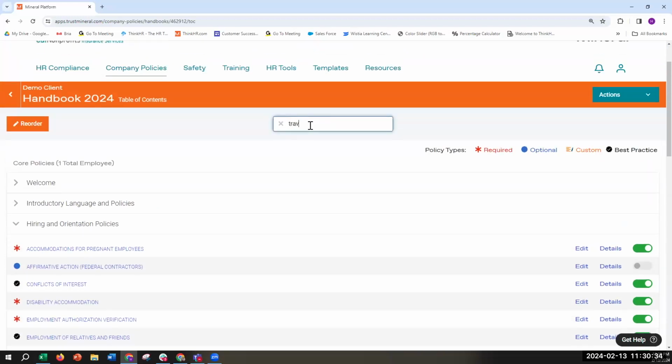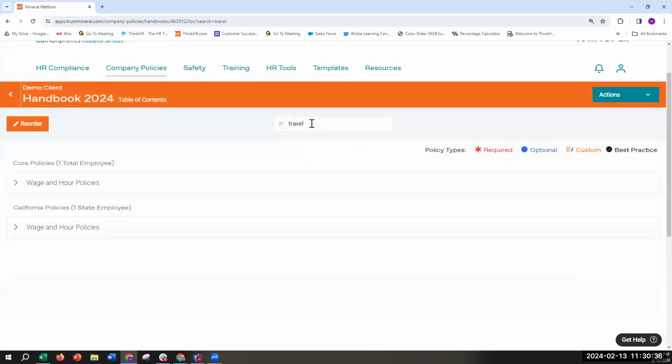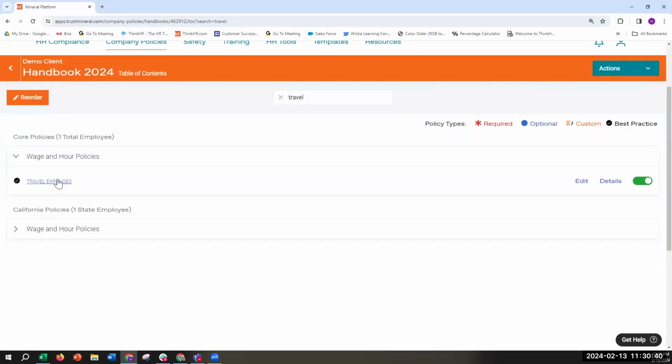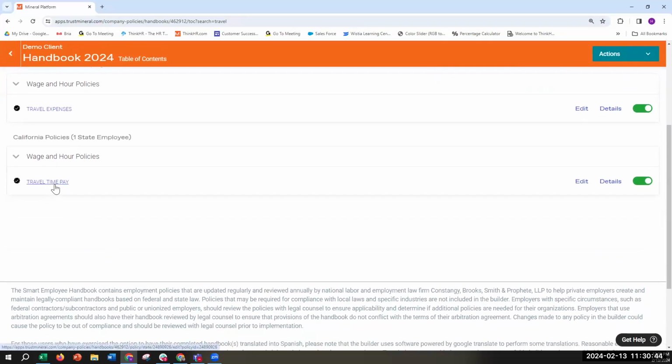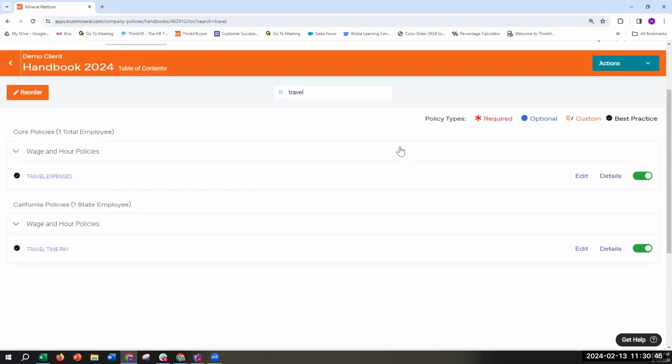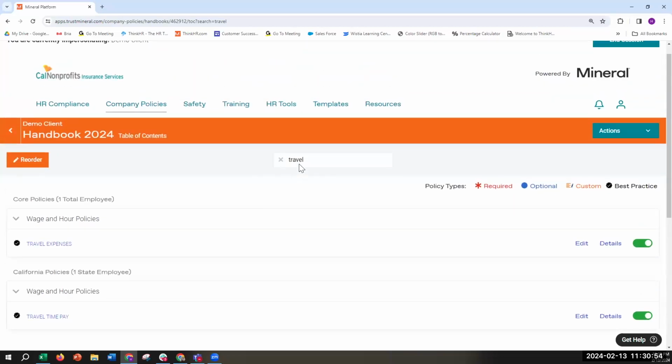This is a good example. So I typed in travel at the top, and it looks like there is one for travel expenses and travel time pay. I'm not quite sure if that was the intended policy somebody was looking for in the questions earlier, but I was using that as an example if you were looking for something specific. So going back